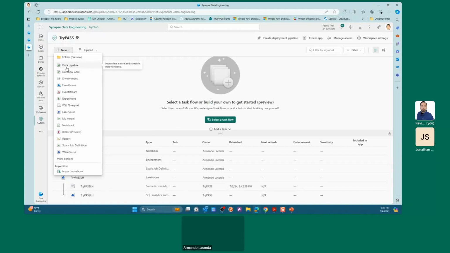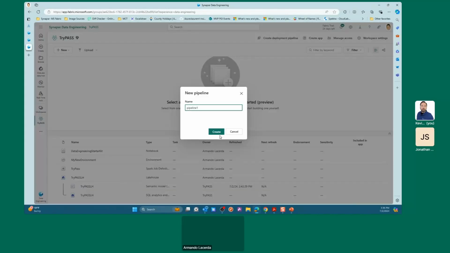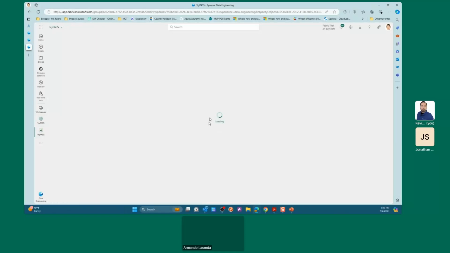As you can see, there are multiple ways of doing the same task, right? I was creating a pipeline from the other button there on the home page. Now I'm creating a pipeline here from the new button. They all create the same kind of pipeline. So, a pipeline. Yeah. So when you want to ingest data inside